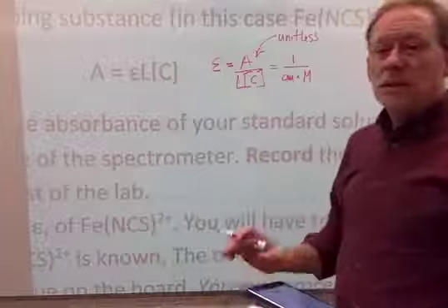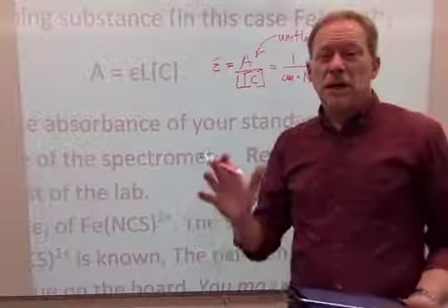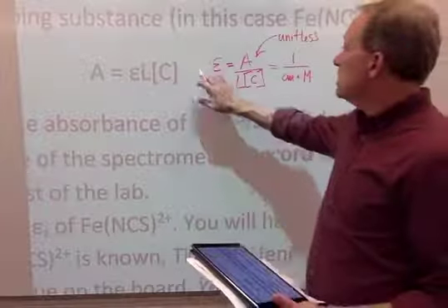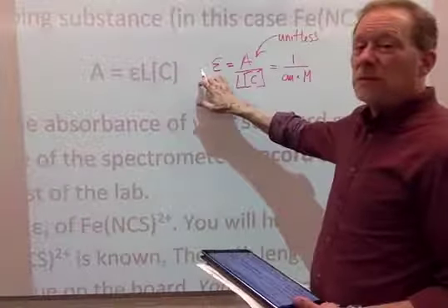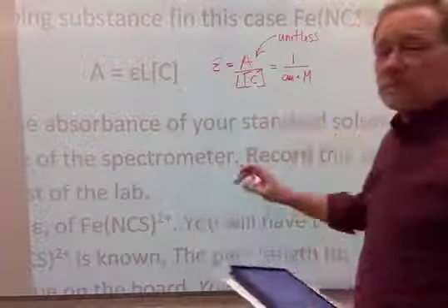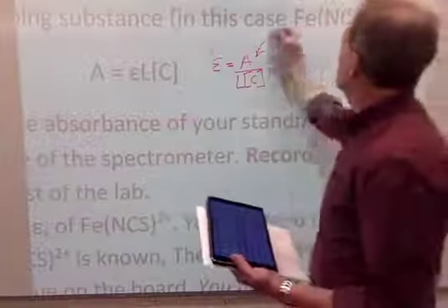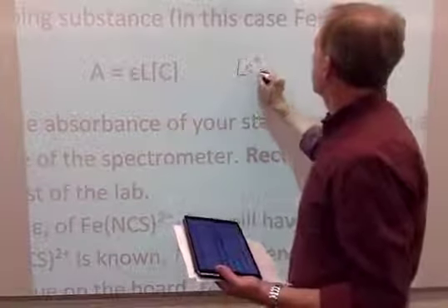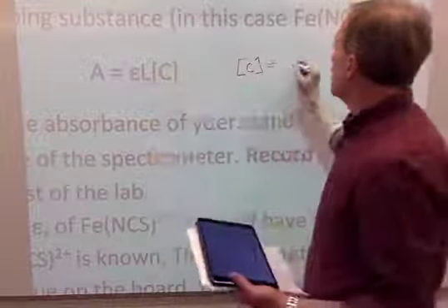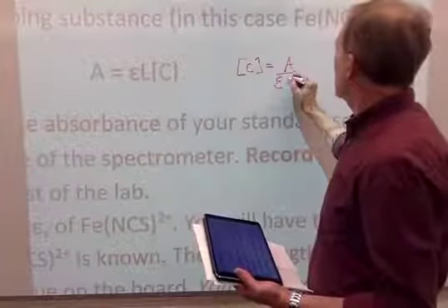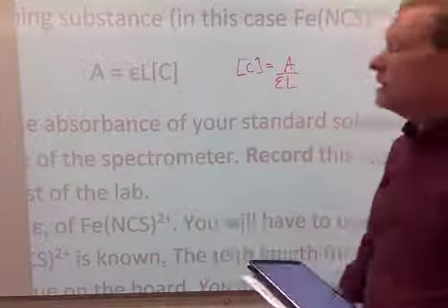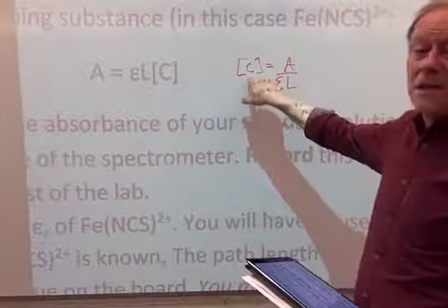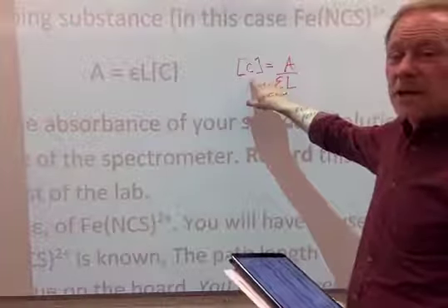When we get to the next part of the lab, you're going to be measuring an absorbance, and you want to use that to find the concentration. In that case, we need to use this value for epsilon from this part B, and we will carry that forward. So if I make a little more space here, in that case, we're going to want to find the concentration from the absorbance divided by the epsilon value, molar absorptivity, times the path length. And when we measure absorbance, we know this value from part B. We can calculate the concentration of the iron thiocyanate complex. So we'll be using Beer's law